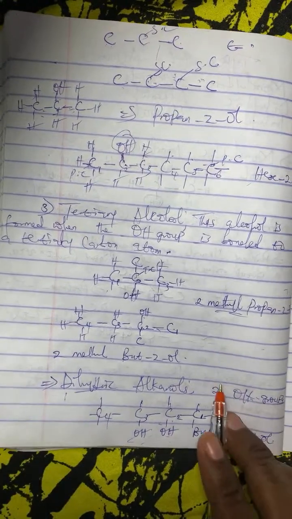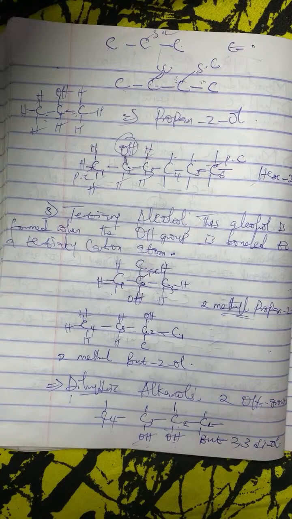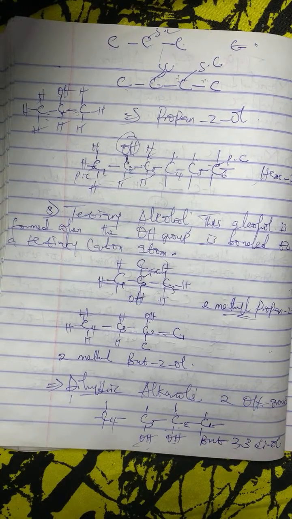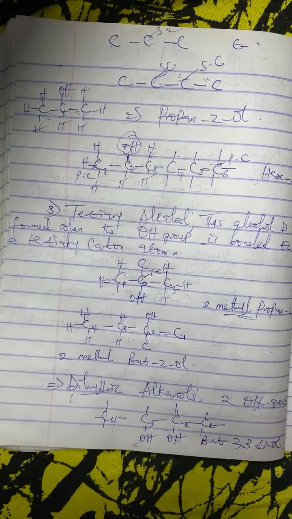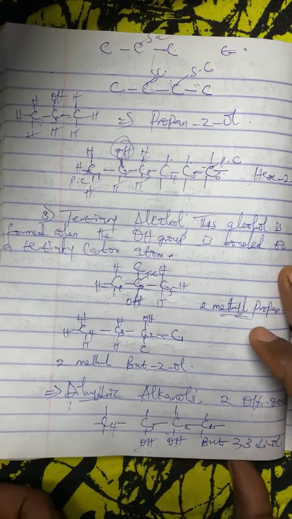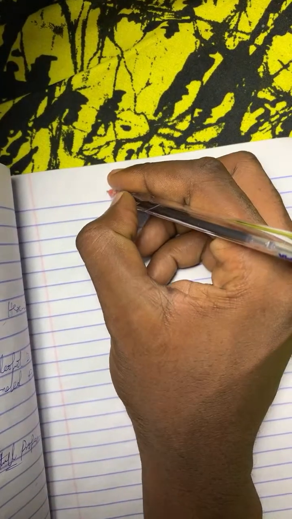This is an example of what? A dihydric alkanol. Dihydric alkanols are alkanols that have what? 2 OH groups. Are we there now? Monohydric alkanols are alkanols that have what? 1 OH group. So butane-2,3-diol is an example of what? Of a dihydric alkanol. Whenever you have 2 OH groups present in a specific alkanol, that alkanol is what? A dihydric. You can look at another example here. Like when we have C,